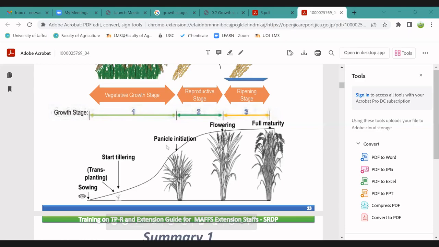Because its duration is 2 months. So if it stands for 2 months in a field, right? So obviously it will have higher duration of solar radiation. Because of that, it will be